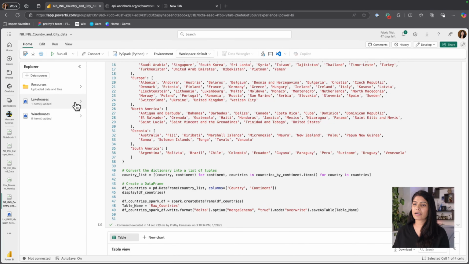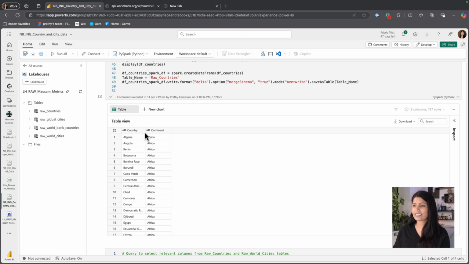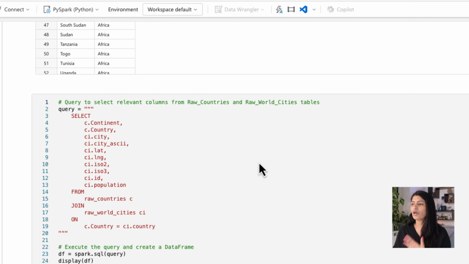So if I look at my lakehouse, this is where the raw_countries is, and then I also have world cities. Those are the two tables that we just inserted. And this is kind of how the data looks in raw_countries. It's nothing but a continent and the countries under that continent. Which helps me to go and combine those two tables